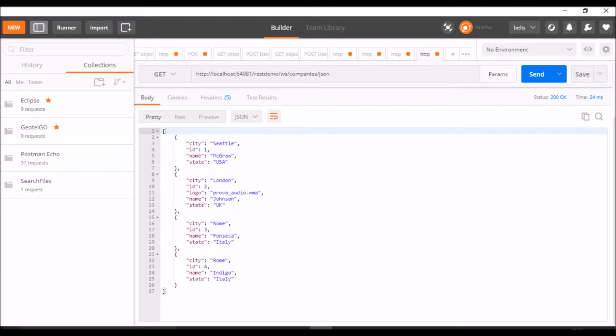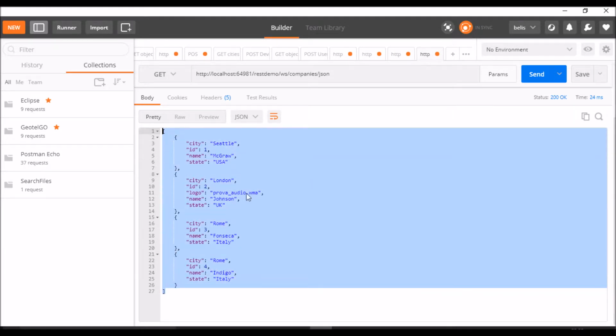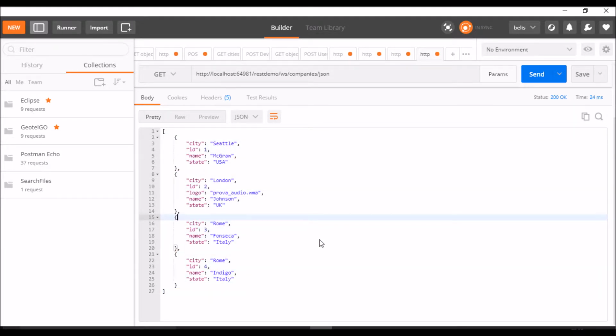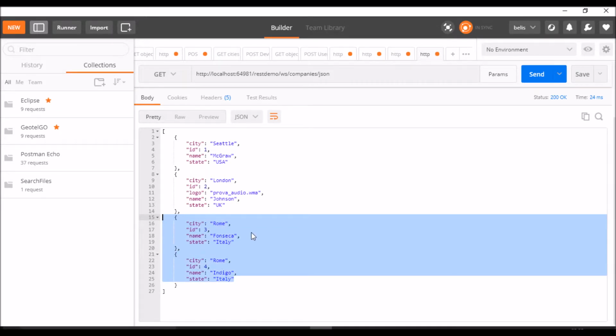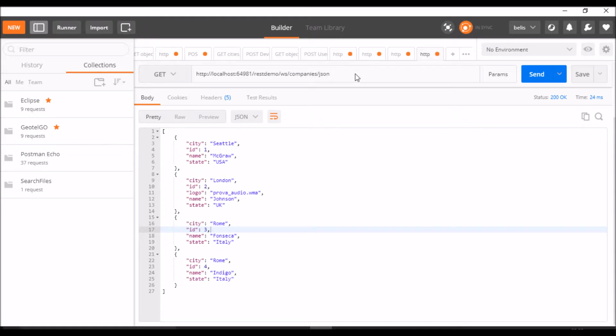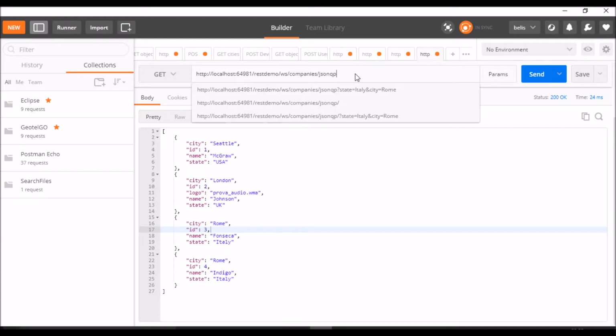Okay, let's come back to Postman to send the new requests. With a previous request, we saw that we have these 4 objects in the database. Suppose that we want to get the objects having state equal to Italy and city equal to Rome. There are these 2 objects. So we can call the new web service. The path was json QP,